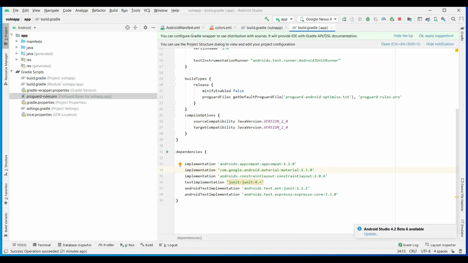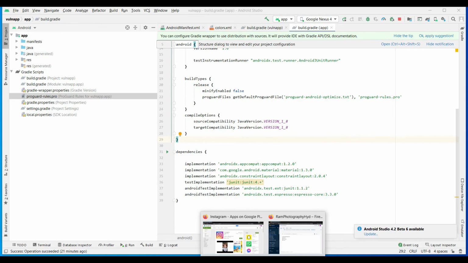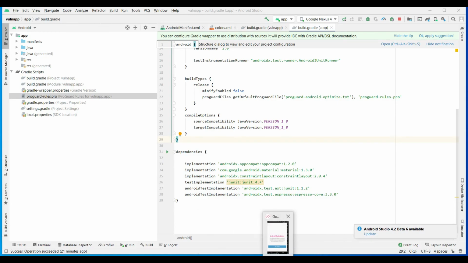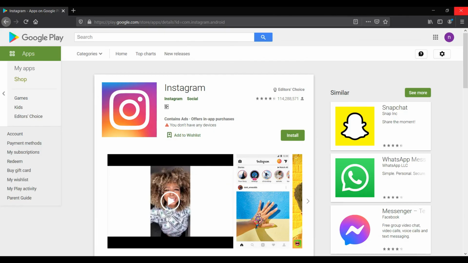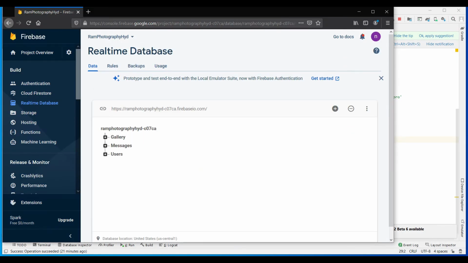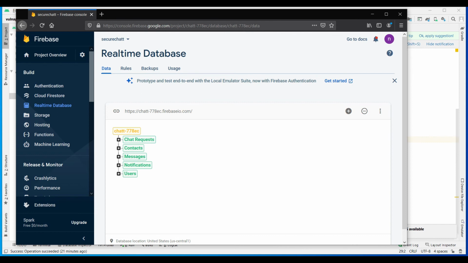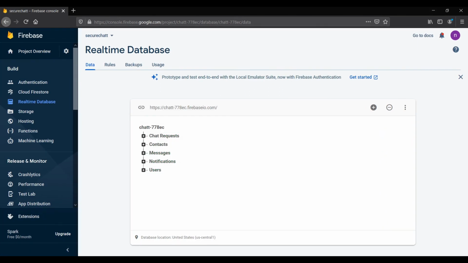I will show you another application also. Inside my cloud server I have another one, Secure Chat. This application I have built using end-to-end encryption, the way it would be used in real time. For the messaging we have used AES encryption. You can use SSL also, but we planned to use our own encryption mechanism.